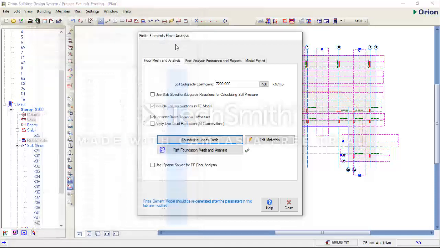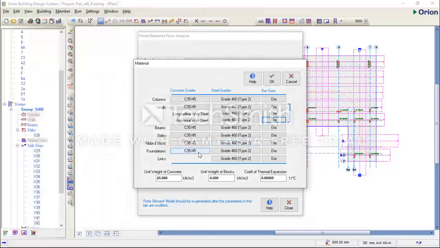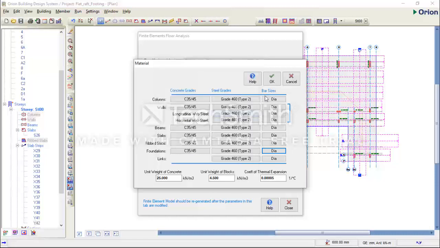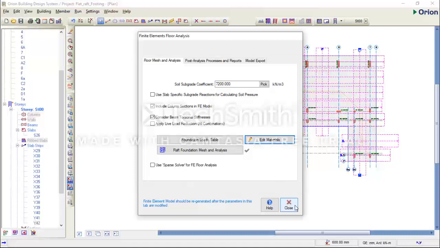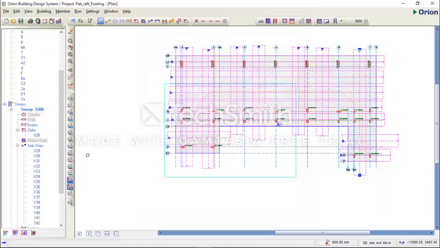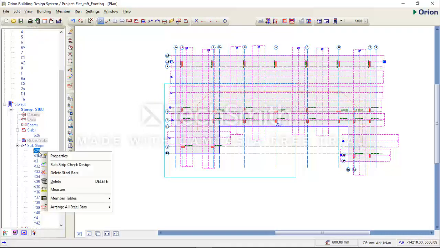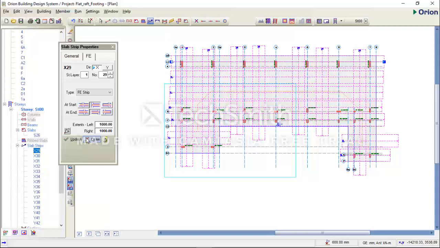So I'll click close. I want to check if I can edit my foundation value. Maybe I was looking at slab. Let me see if I can. Y20 T20 is selected here, but it's still not available for my foundation design. I don't know why. I'll click OK. Can I load multiple? Okay, I cannot. You have to update each of the strips. You do that by going to the property of each strip and updating.